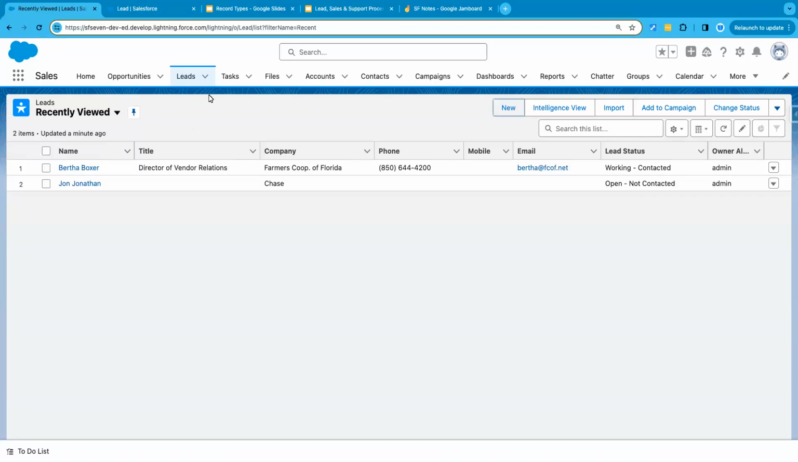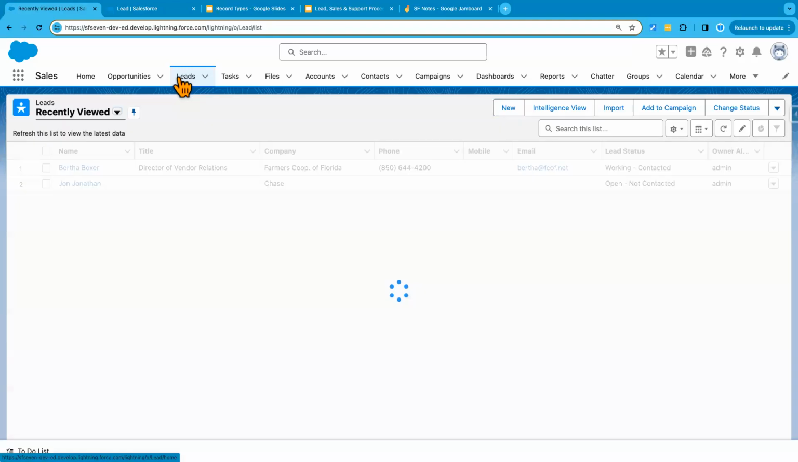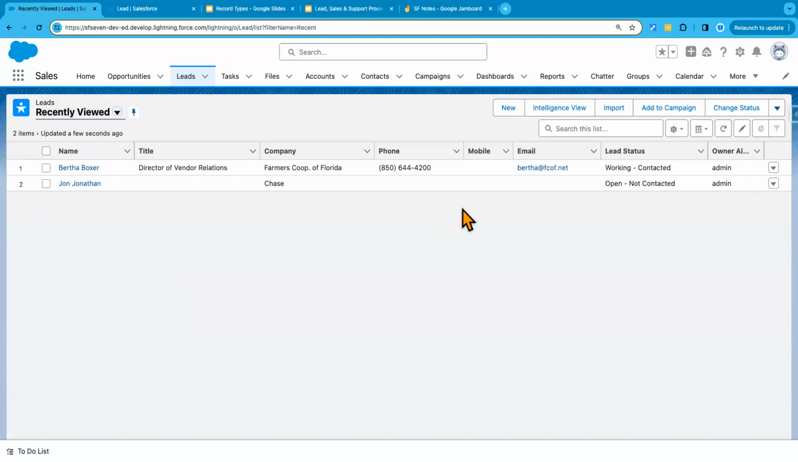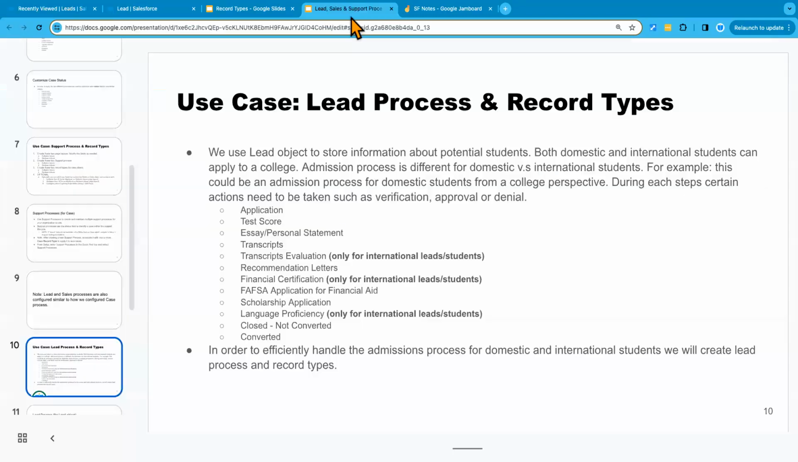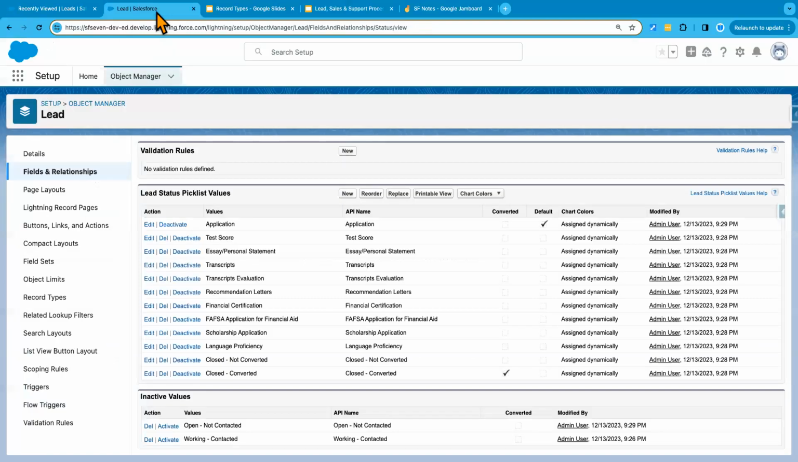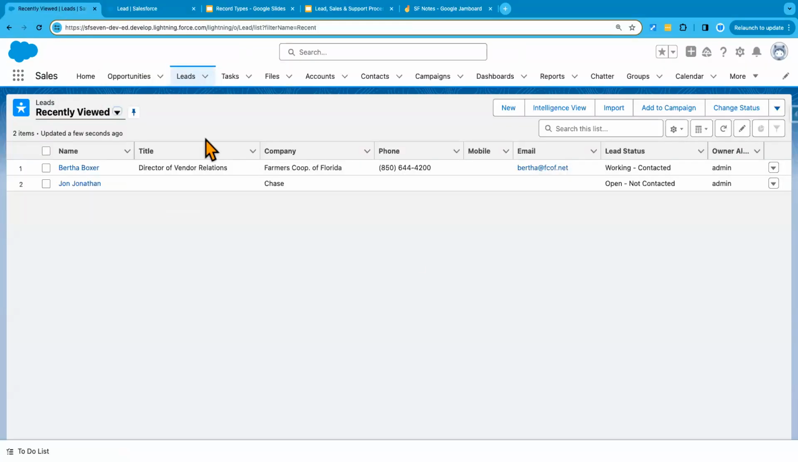So we have a lead object, and anytime I want to create a lead record, right? We already mentioned that in our scenario, we have a college. We're building this application for a college. The college uses the lead object to store information about international students and also domestic students, right? So let's say a user comes and tries to create a lead record,